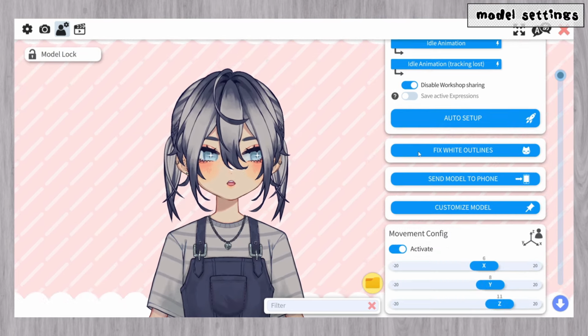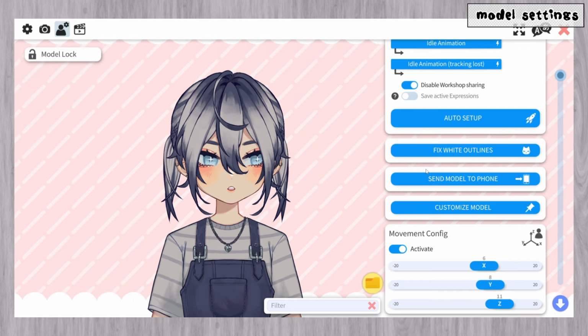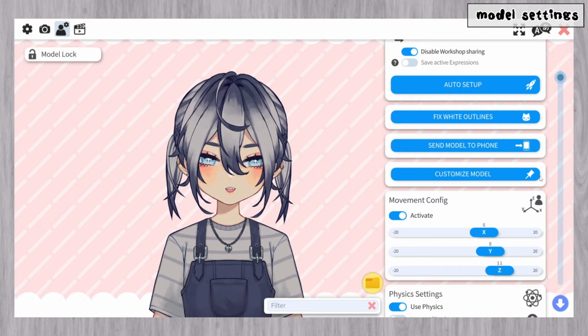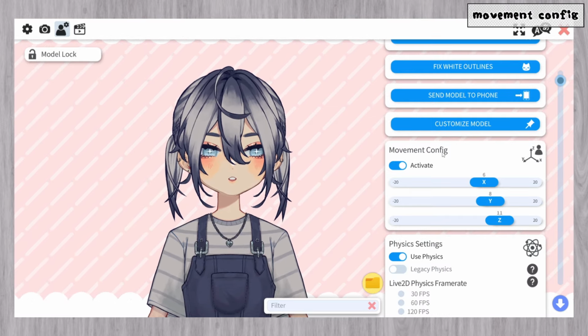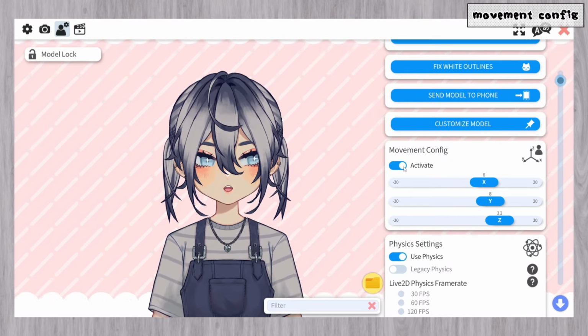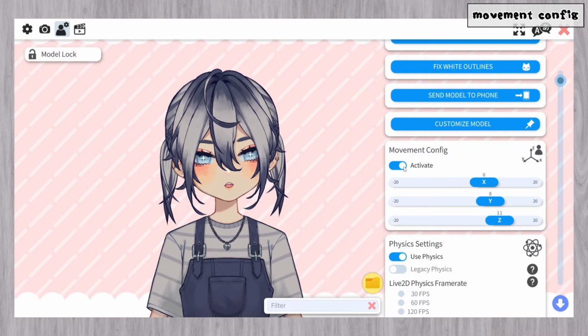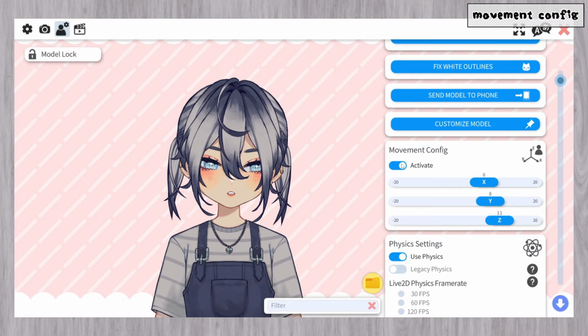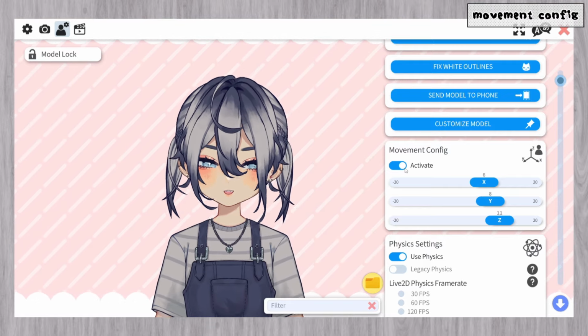And going down here, I talked about fix white outlines already. If you're connected to your phone, you can send your model to your phone. And then customize model, I will not go over, but that's for fancy, fun VTube Studio stuff. All right, movement config here. It's usually going to be activated by default, but it basically just adds more movement to your model. If you lean back and forth and just move around your body and everything, it's going to move your model